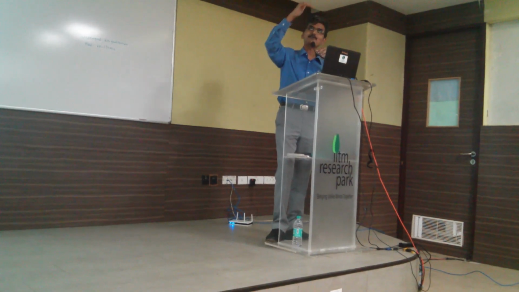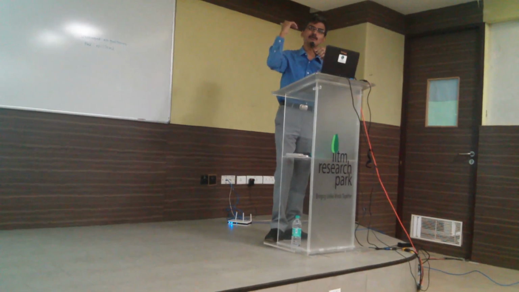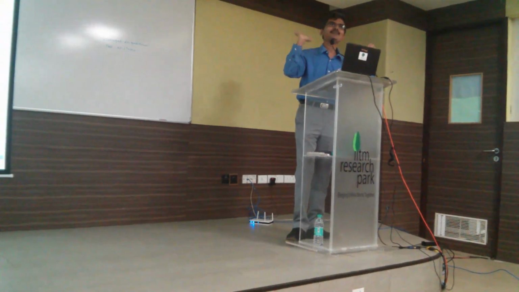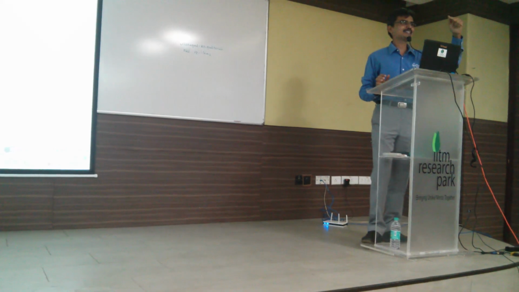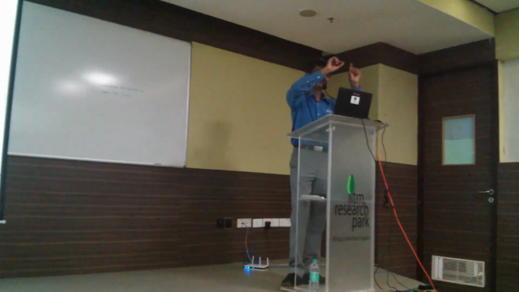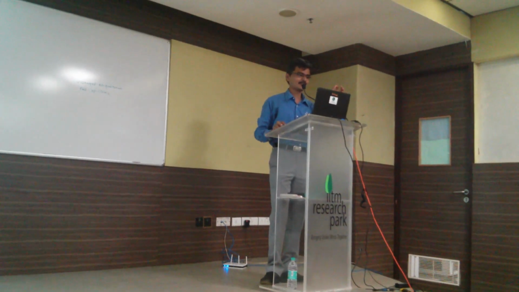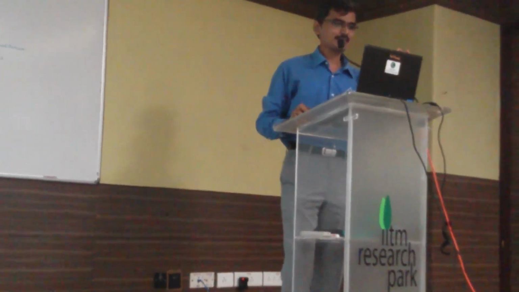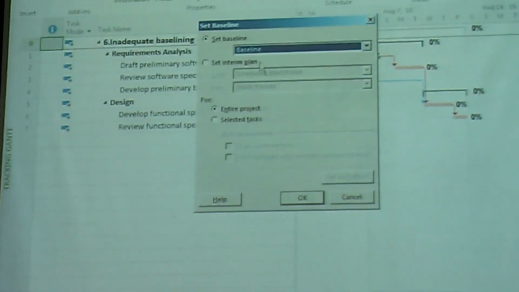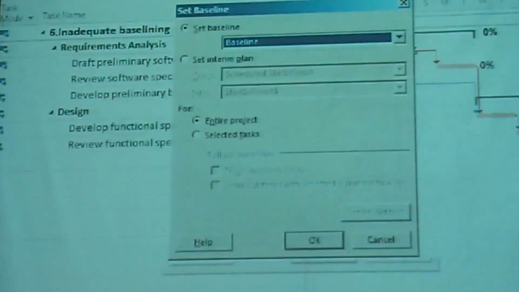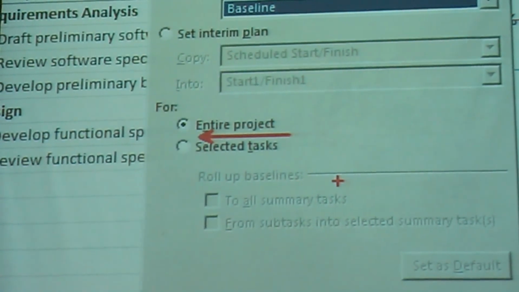Now the drawback of using 1 to 10 is it is not going to be used by Project to report deviation. To report deviation, you always need to set your latest baseline in the baseline without any number. It looks like just simply baseline. So I go to Project, Set Baseline. You will notice this. This is what I was talking about. So your latest baseline is set in baseline for your entire project.